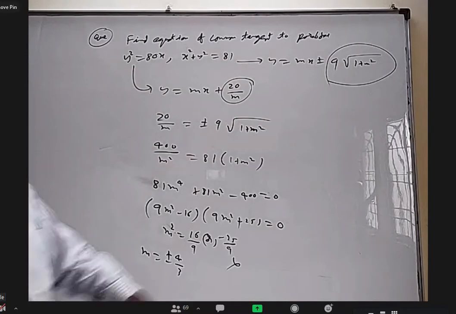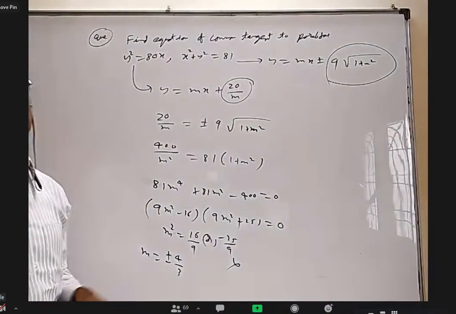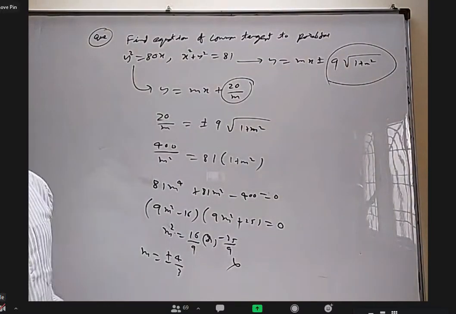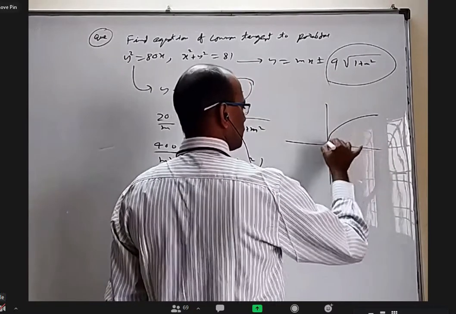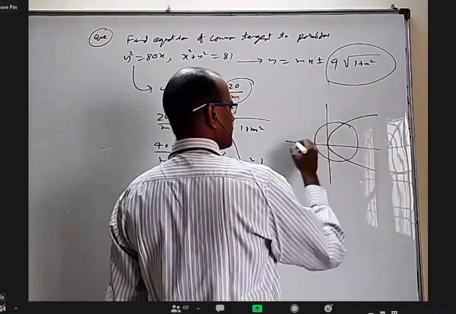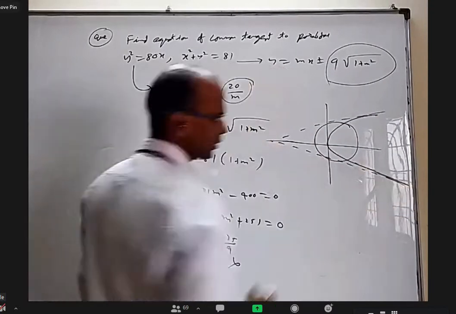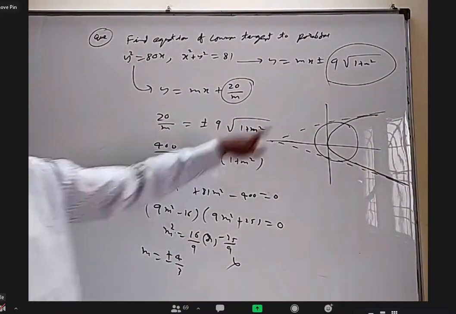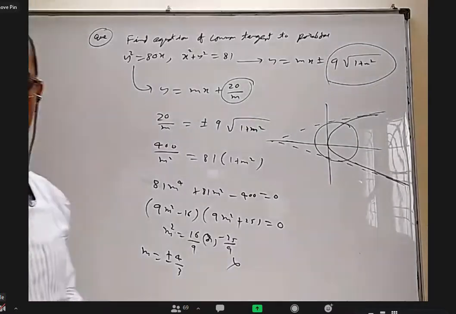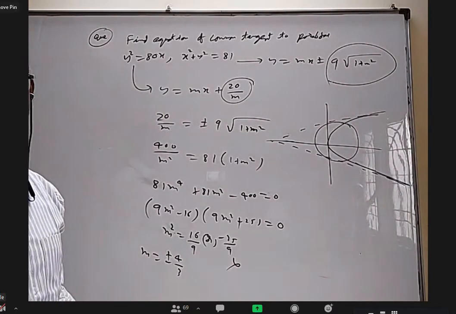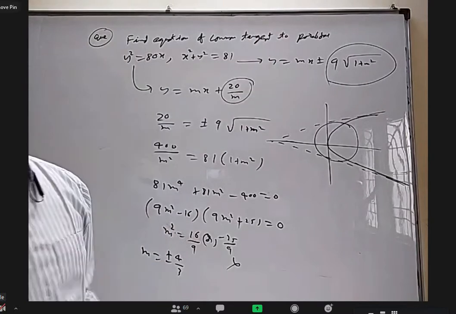After getting the m value, don't put it in the general tangent of the circle, because we'll be getting 2 options for each. Total 4 answers will come, but there are only 2. I have a parabola and a circle, and I can easily see I have only 2 common tangents. Anyone want to tell why the circle is giving 4 answers? If you put it in the parabola, you'll get only 2: for each m, 1. But in the circle, for each m, 2.